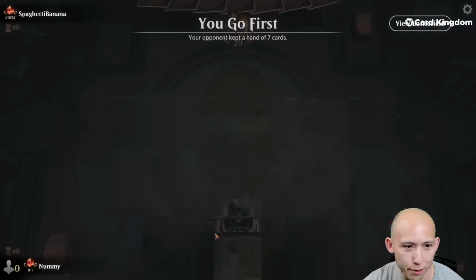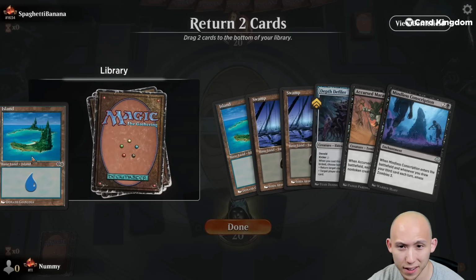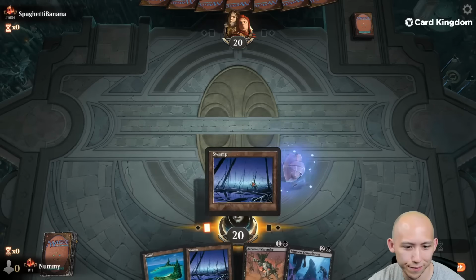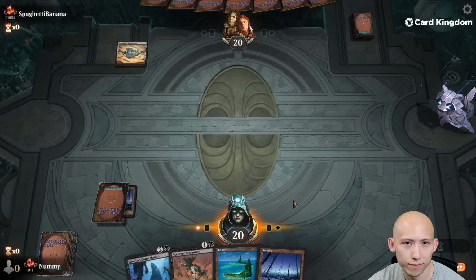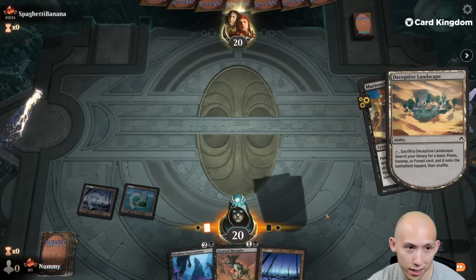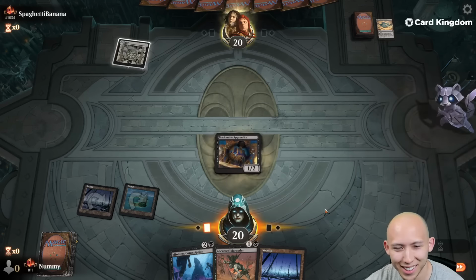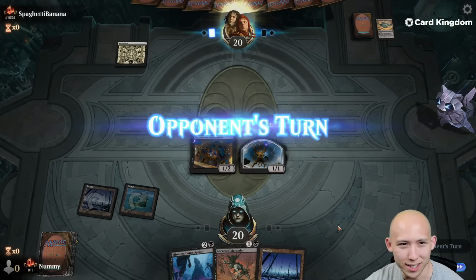Just mulligan down to the perfect 5. Guess I'm gonna go like this. Well, it's nice to always have the Marionette on turn 2. Because I really wouldn't, well... I guess there are... Yeah, that's not the card we need to draw. We need to draw like Deep Analysis or something, but...